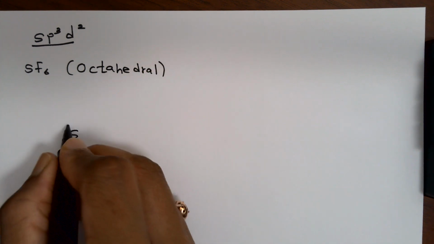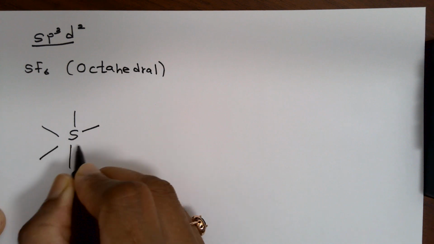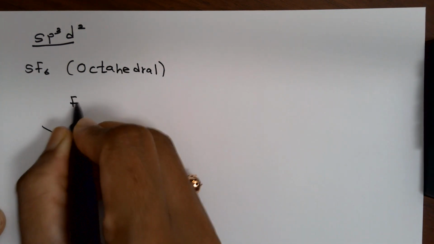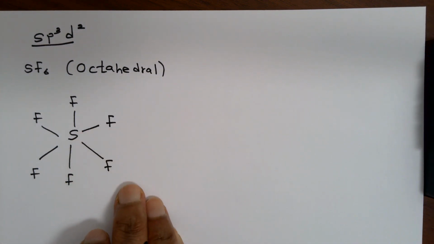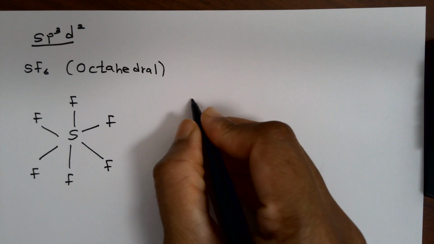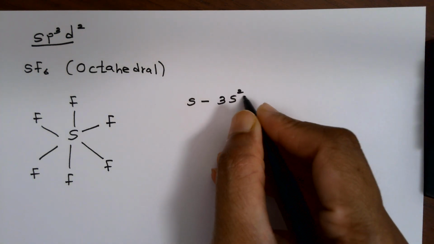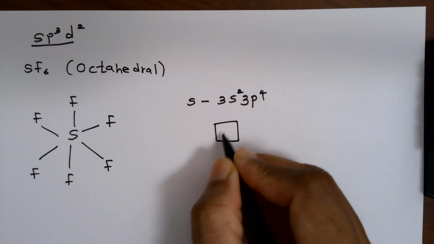There are 6 bonds, octahedral. So SF6 we can draw like this. Right. So SF6 has 6 bonds, and we need 6 hybridized orbitals to make them. Sulfur is our central atom. So sulfur's electron configuration in the valence shell is 3s2 3p4. So if we draw the orbital diagrams,